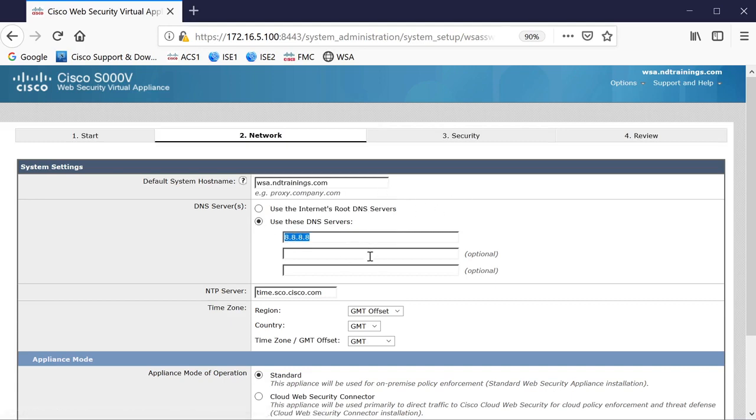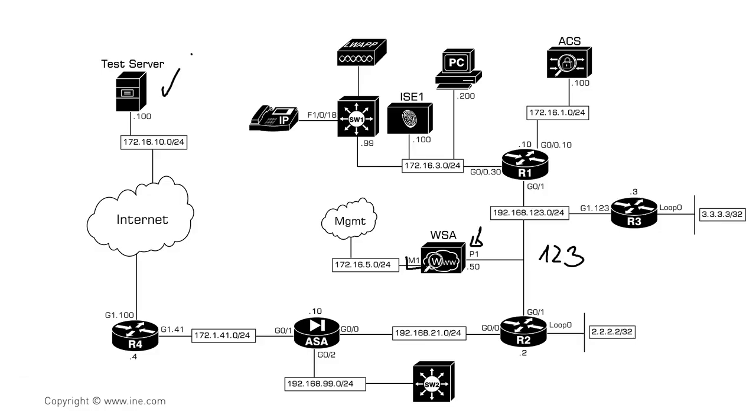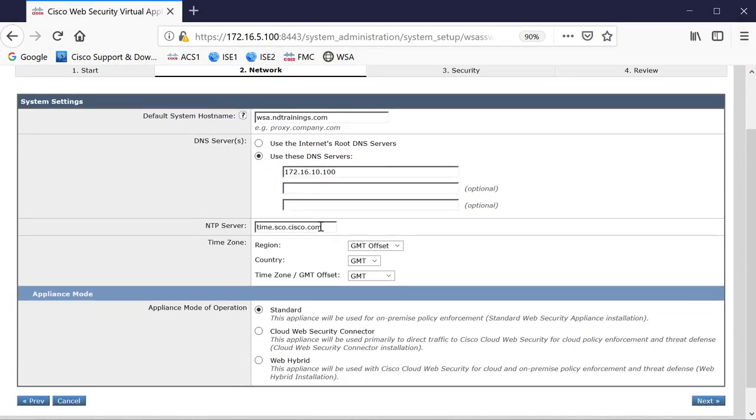We can specify addresses of the DNS servers. I'm going to say that our server is 172.16.10.100. It's going to be this device. It is running DNS. Then we will configure NTP server's IP address. I will say the same, 172.16.10.100. And we will have to select the appliance mode of operation, which is all about using cloud web security